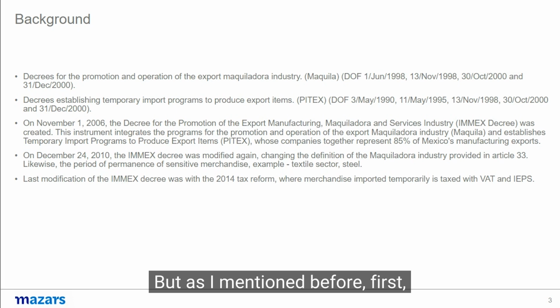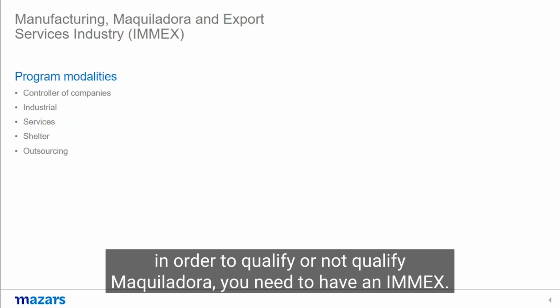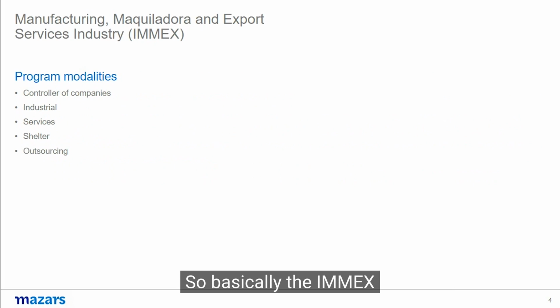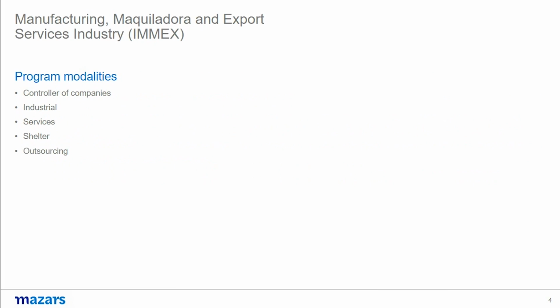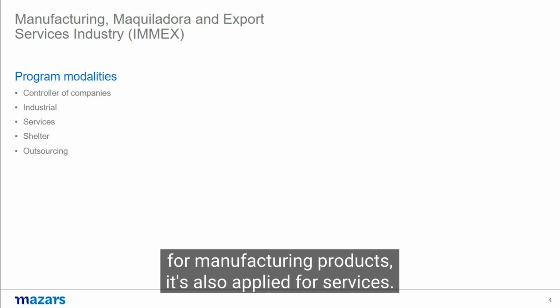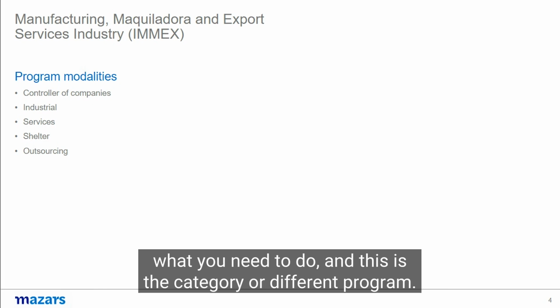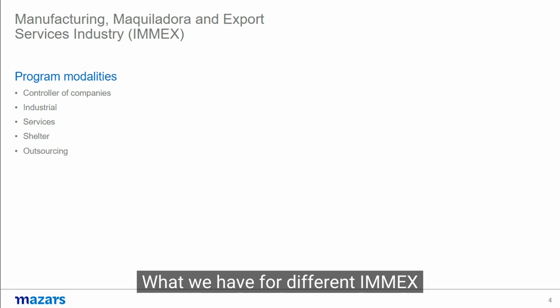But as I mentioned before, in order to qualify or not qualify as a Maquiladora, you need to have an IMEX. So basically, the IMEX covers the export services industry. That means that it is not only for manufacturing products, it also applies to services. And these are the different categories or programs that we have for IMEX